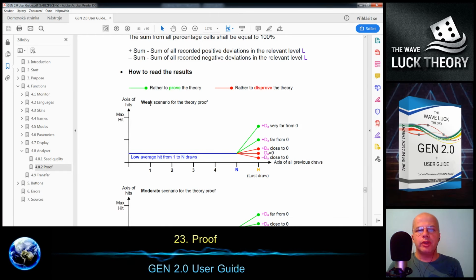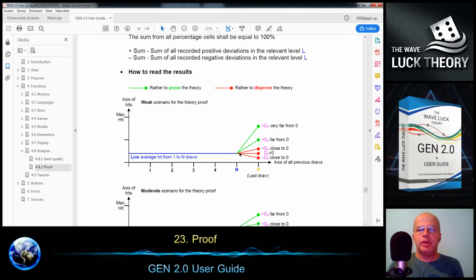You can have the weak scenario. It means that when we have the horizontal line that represents the number of previous draws from 1 to n plus the last draw, and here, as I explained before, we are calculating the average, and if the average is low and the deviation is close to 0 but negative, or equal to 0, or close to 0 but positive, then we can say it still has a tendency to disprove the theory.